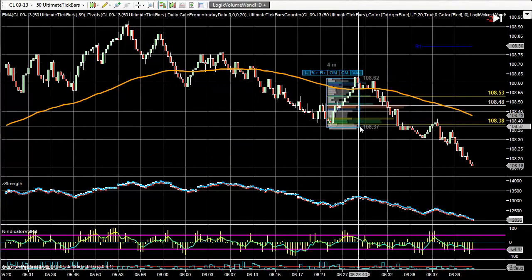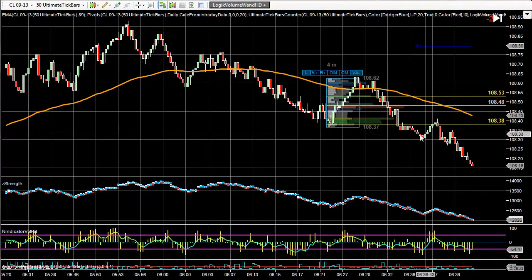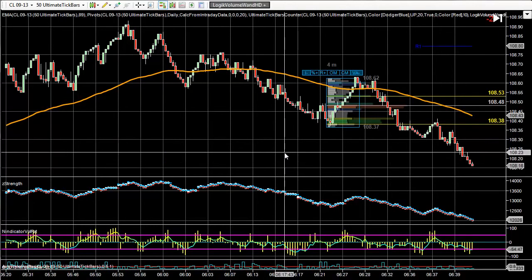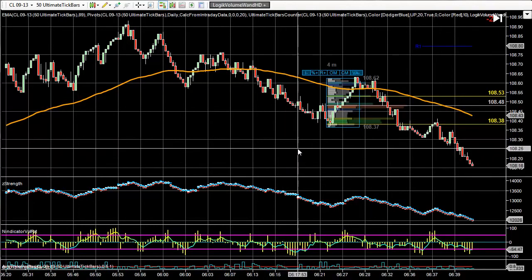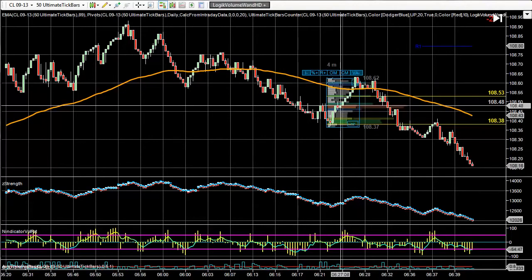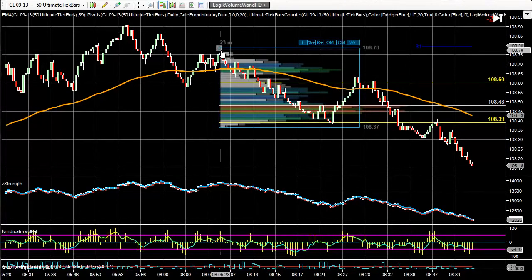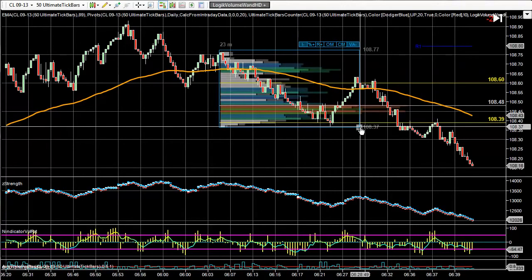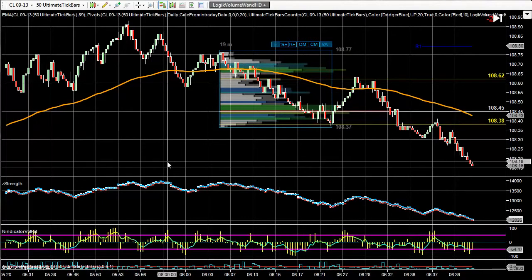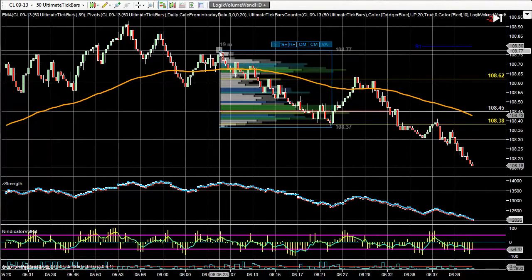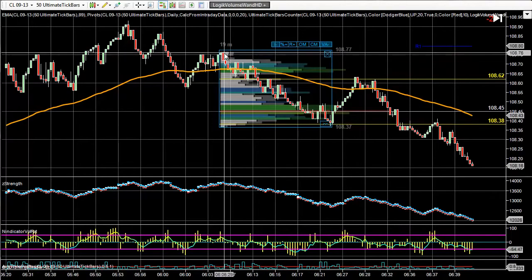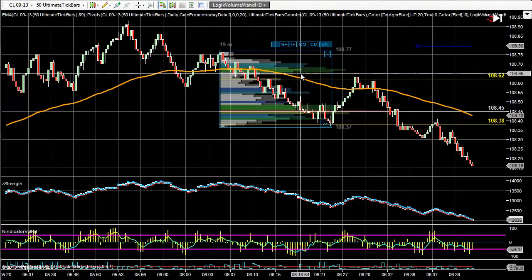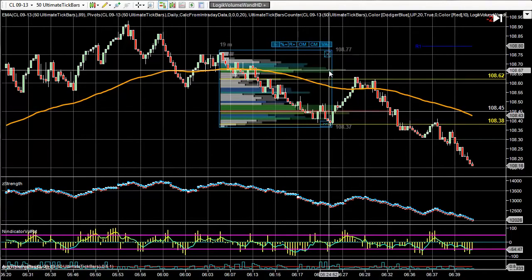And then as I see it go through that high volume node right there, I know that I'm probably heading lower again. And I could get more aggressive and use patterns to look at this as a continuation type of trade. Another thing, I could have brought it up into here and see that I did come up and test into this high volume node right here. Now you'll see if I pull this back right here, I have the market. See, I've basically taken this range from this point to this point. This is a half cycle right there. And then the market comes up and it tests just short of that high volume node right there and then